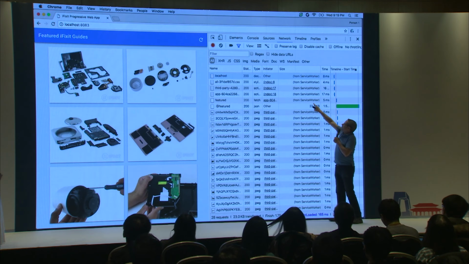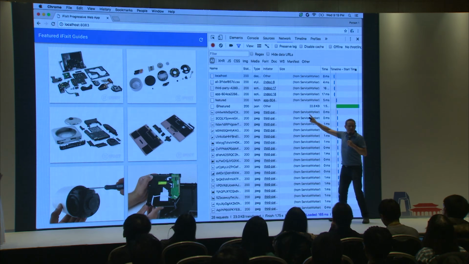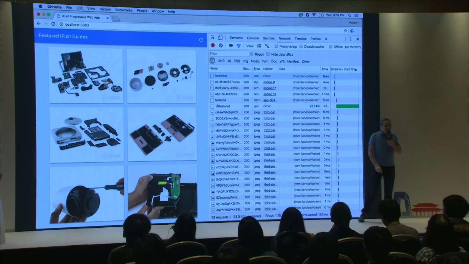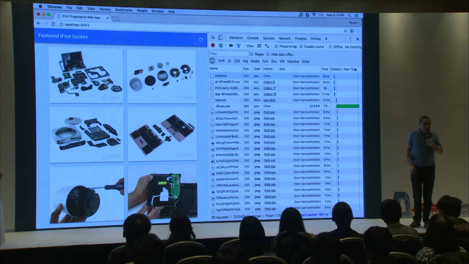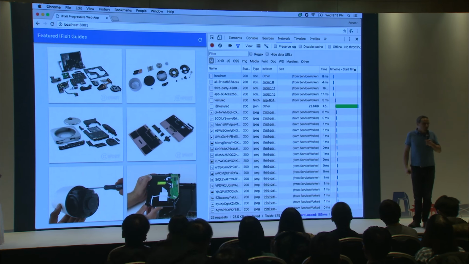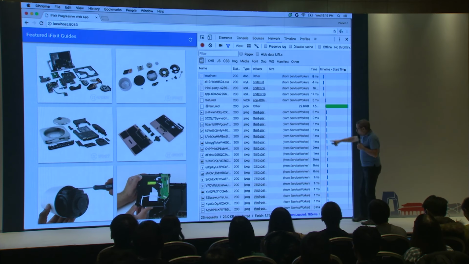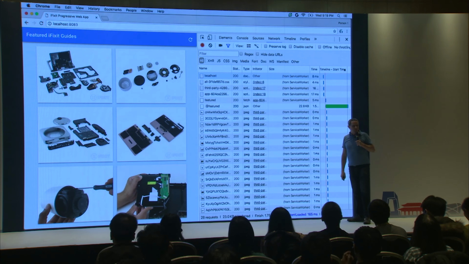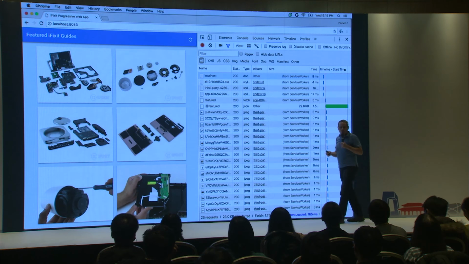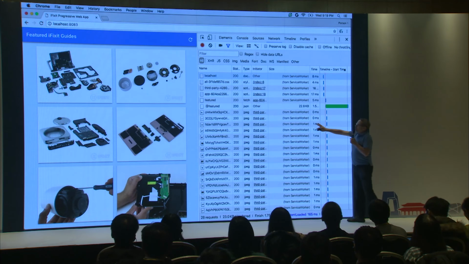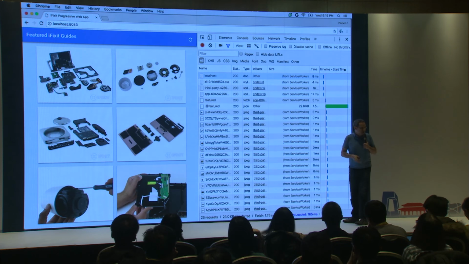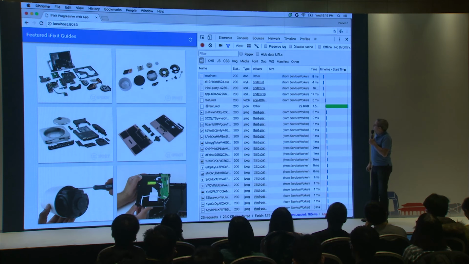Now, look at all these nice, beautiful brackets that say from service worker. That's telling us that that network request didn't go over the network. We just pulled it off our local device. So almost everything came from our service worker. That's exactly what we want, right? So when you're testing your site and understanding, okay, where are things coming from? Is this going to work offline? Is this going to work if I don't have anything? Open up your DevTools and have a look. Where is everything being served from?